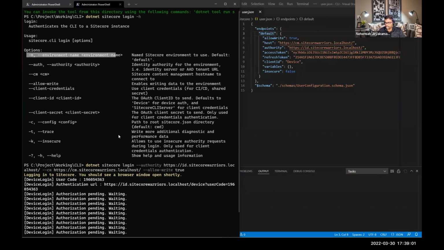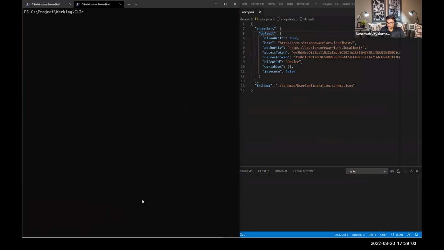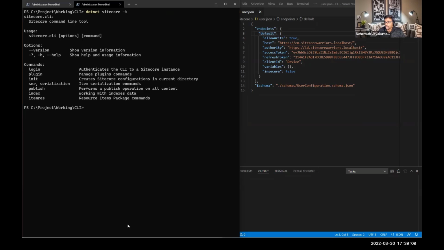Okay, if I try to use the help command, as you can see, I just logged in, my access token is refreshed, and everything is set. Now I can use any commands to do actions. I also installed the management service package. So for example, I can use publish. If I simply say dotnet sitecore publish,